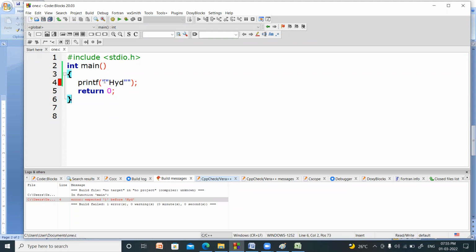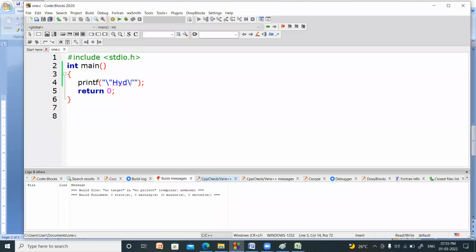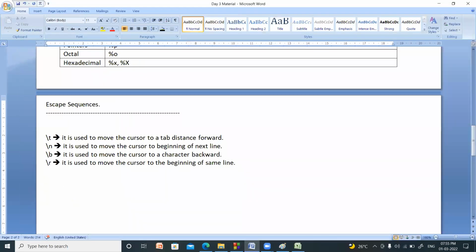Now, if you want a double quotation within the double quotation, then you have to give \ double quotation instead of direct double quotations. Now see this? Within the double quotations, you printed Hyderabad. To print double quotation on screen, you should not use directly double quotation. You have to use \ double quotation. Now, my next one is \ double quotation. What is the use of this one? It is used to print double quotation